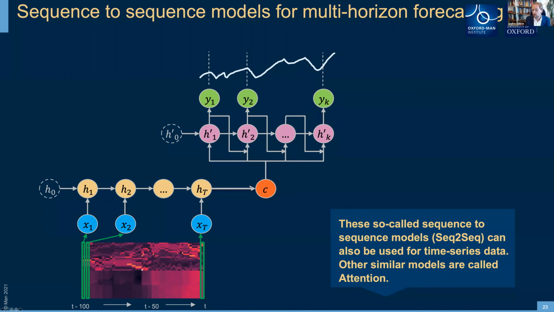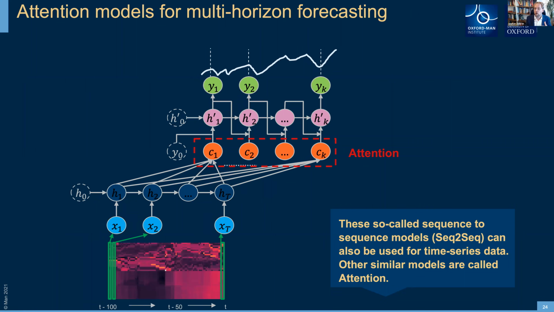To make it simpler for those models to remember things, especially if there's some form of periodicity, where maybe what was in the immediate past is not relevant, but what was further away is again relevant, it is really important that you're able to pay more attention to something which was further away. And this is exactly what this attention mechanism does.